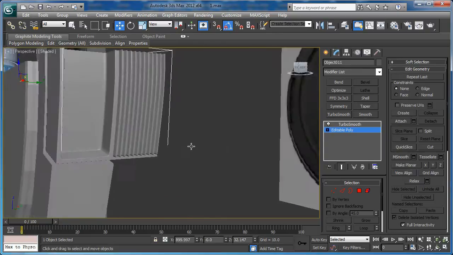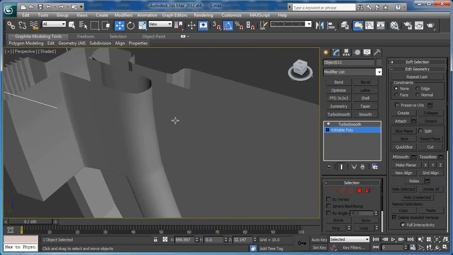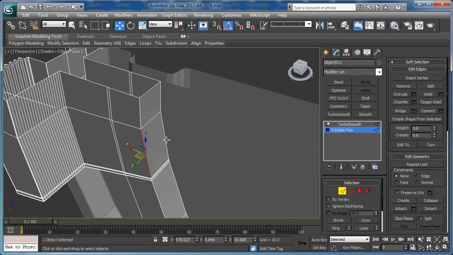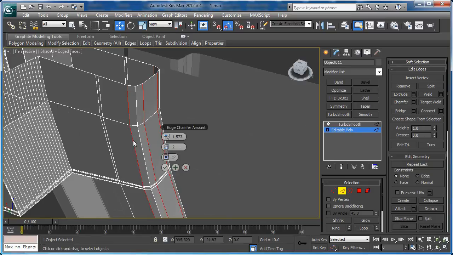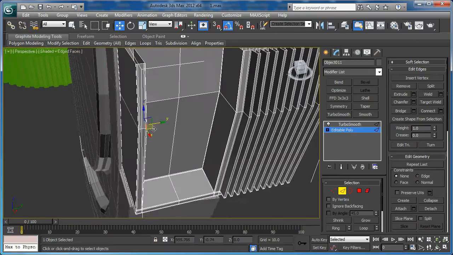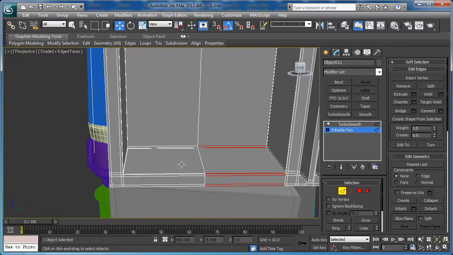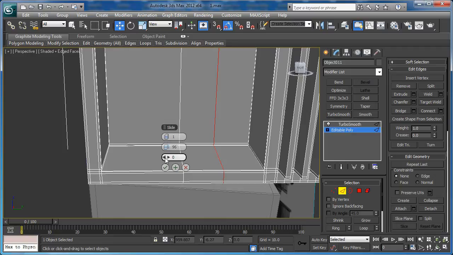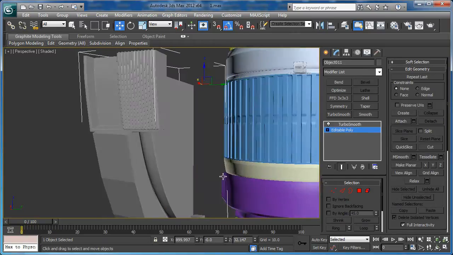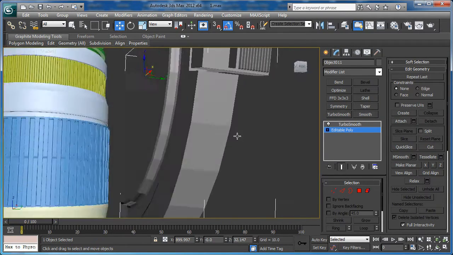Now let's see what we have. Let's select these two loops and apply chamfer with lower amount. And connect one loop and one more here. Now this is good, but